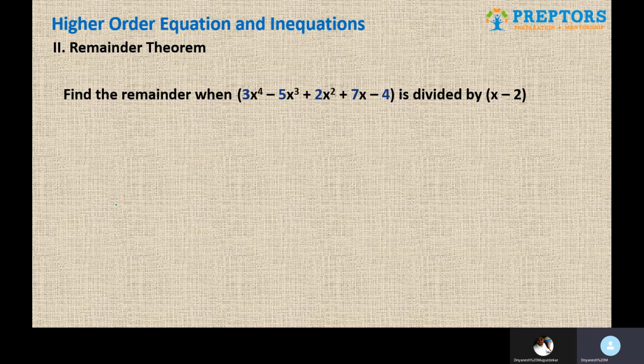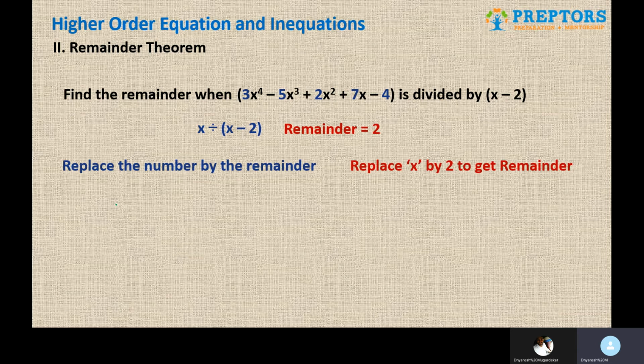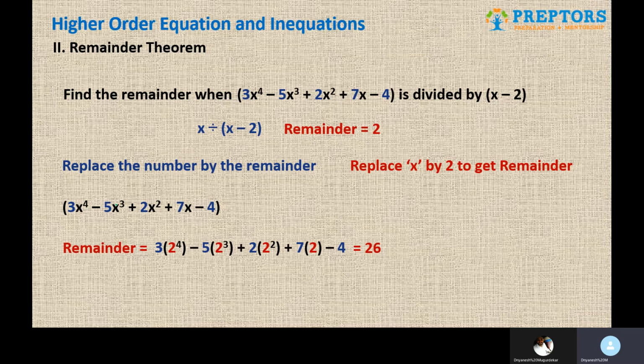The second method with which you can figure out the remainder is by directly substituting the root in the place of the x in the original polynomial. So for example, in place of x in the original polynomial, you can substitute x is equal to 2 because that is the root. And when you do that, you straight away get the answer. You don't get the coefficient. So synthetic division is slightly long cut one, where you have an additional part of quotient.